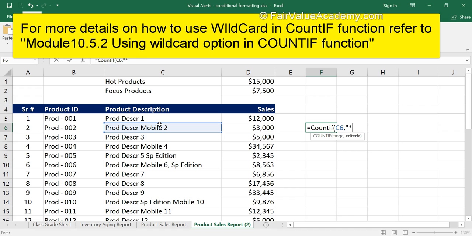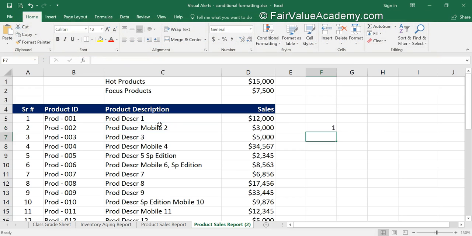So we will use star mobile star and close the quotation mark and close the bracket, and let's see what results we get. So let me drag this formula up and drag it down for a few cells. Wherever you have mobile, you get result of 1. Wherever it is not there, you get 0. So you get either 0 or 1.